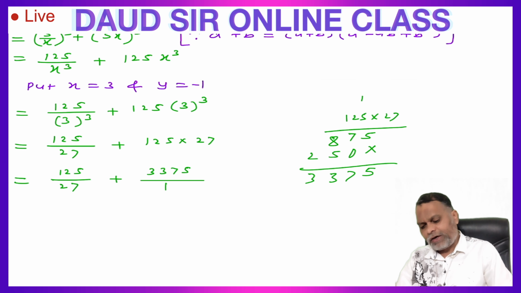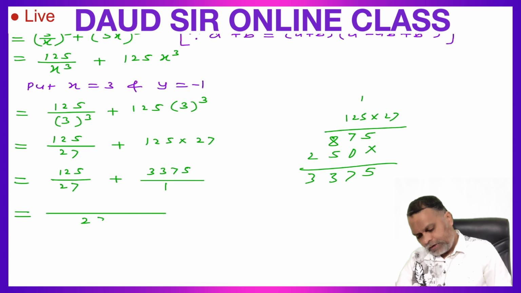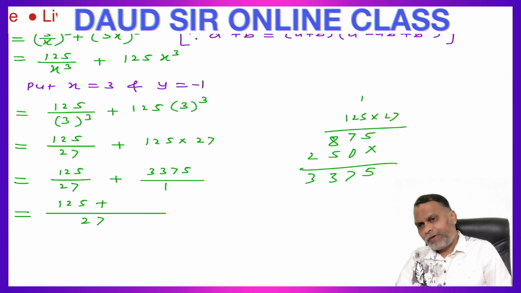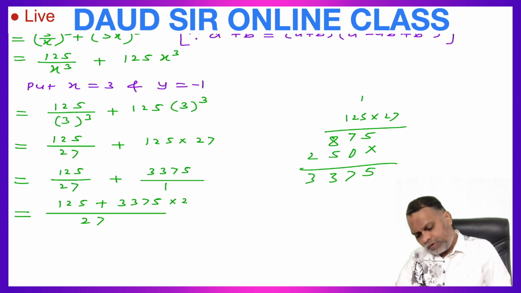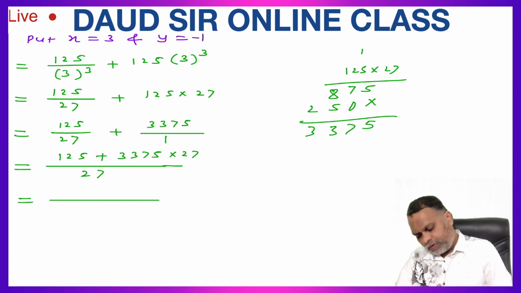upon 27, we can take 1. Now take the LCM 27, dividing by 27, 1 into 125, 125 plus, divided by 27, into this 3375 into 27, which is equal to 125 plus, multiply this 3375 by 27,